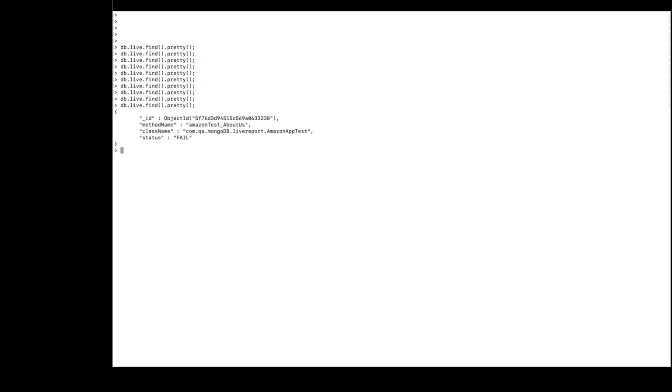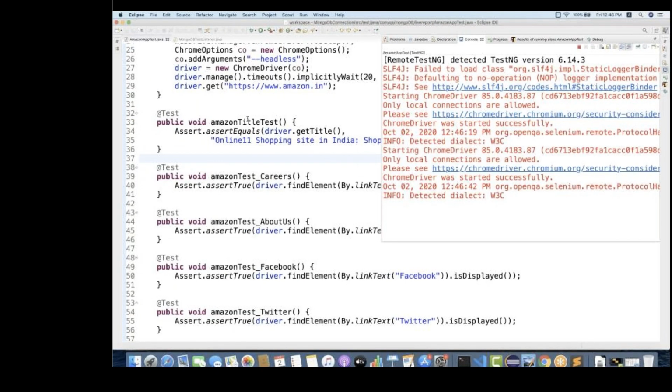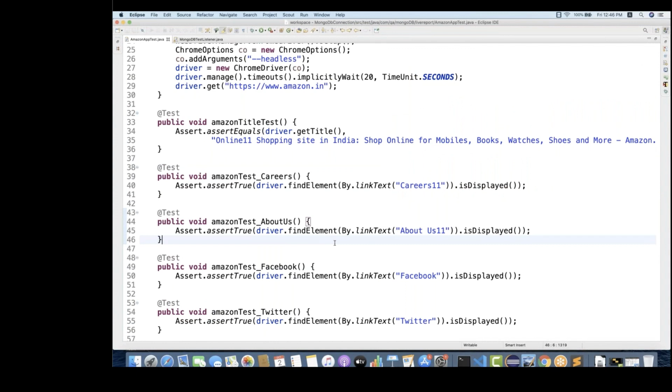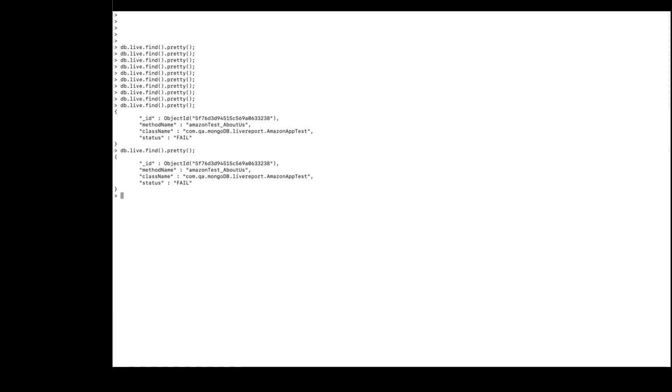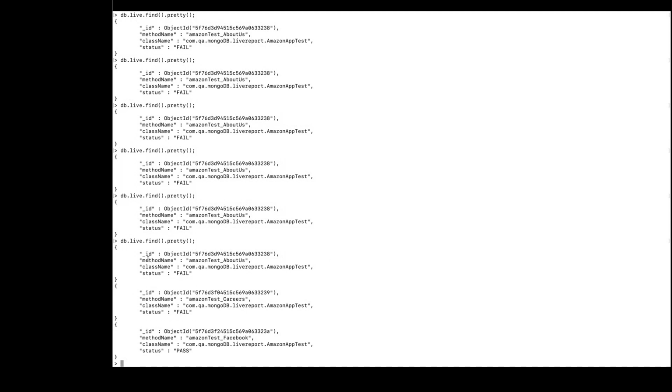See, no data. Now the data started coming for about us because it will execute in alphabetic order, right? So it failed. Now we got the data again because the second test, whatever test is getting executed, will fail because of the implicit wait of 20 seconds we have applied. This is still running. So every time we are getting 1, and once the second test case is done, now it's showing 3 test cases immediately after that, after a few seconds. So let's wait for 5 or 10 more seconds, and then we will see the result once again.